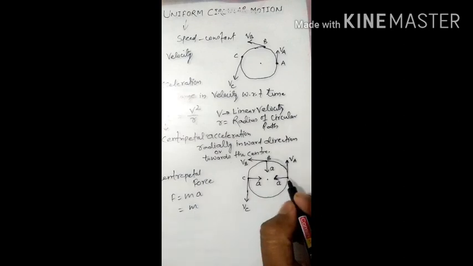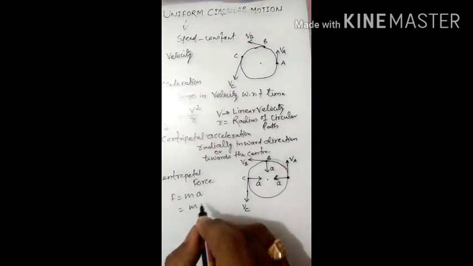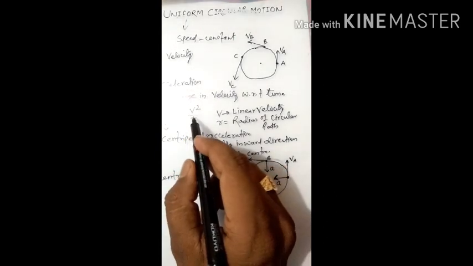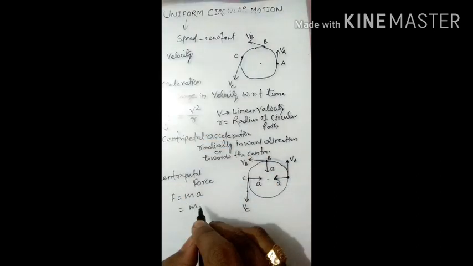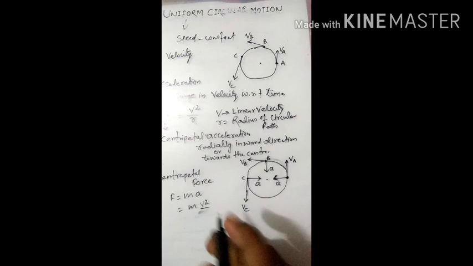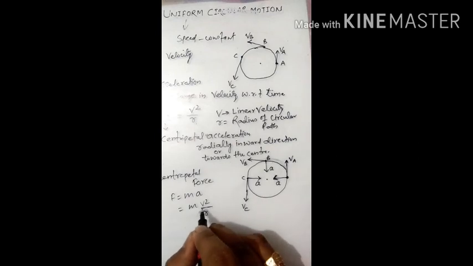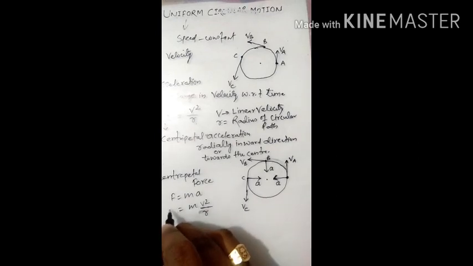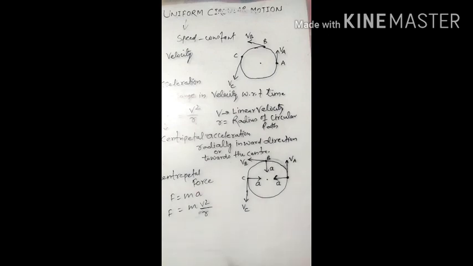Mass is the mass of the particle which is in circular motion, and acceleration is the centripetal acceleration, which is v square by r. This is the relation for centripetal force, which is mv square by r, and it always acts towards the center,